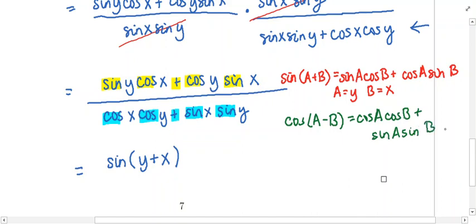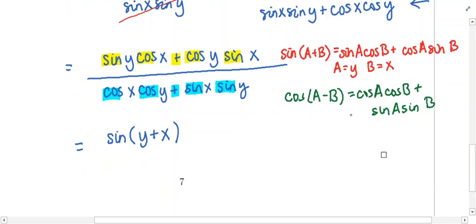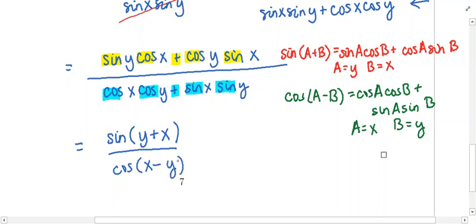So here if you match it up, the a value is going to be x, the b value is going to be y. So this denominator is going to be the cosine of x minus y. All right, we're almost